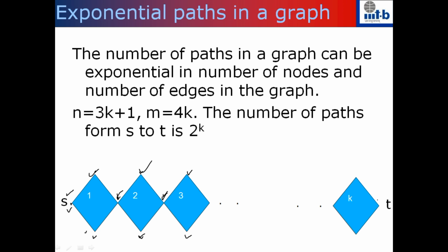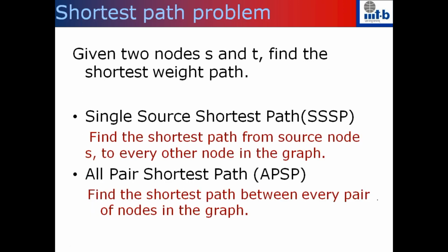So what this essentially means is that it is possible that in a given graph, the number of paths between a source and a destination can be exponential. So we should never try to enumerate all the paths and hope to get a polynomial time or efficient algorithm to compute the shortest path problem. So what we want is a shortest path between S and T,